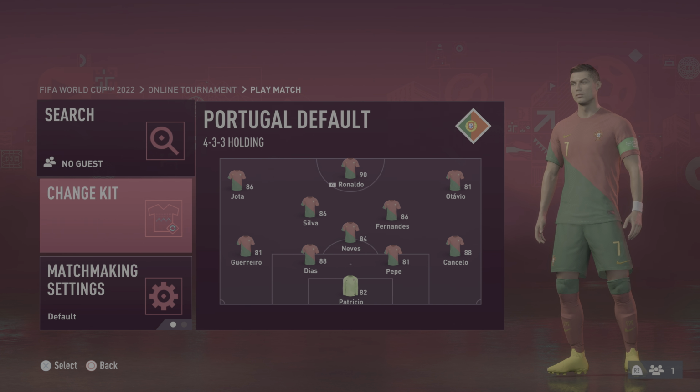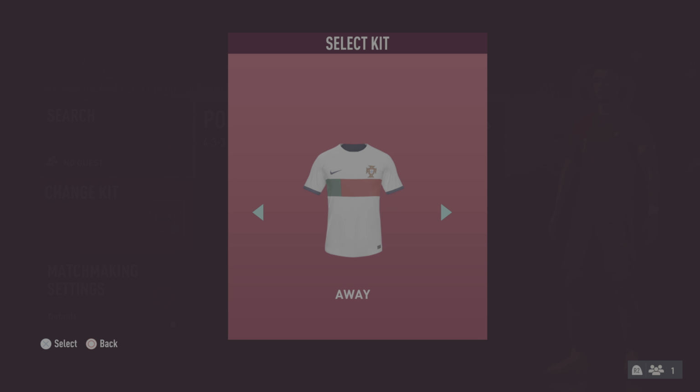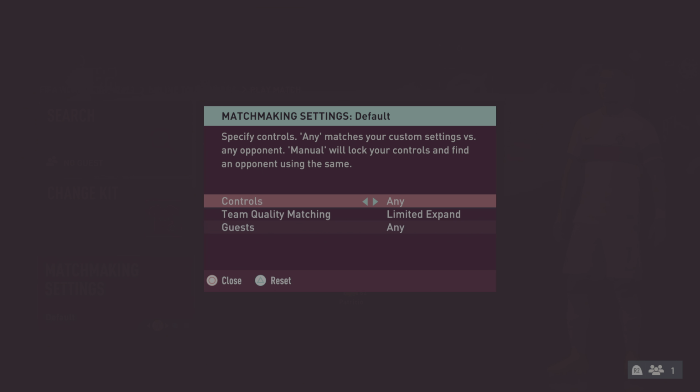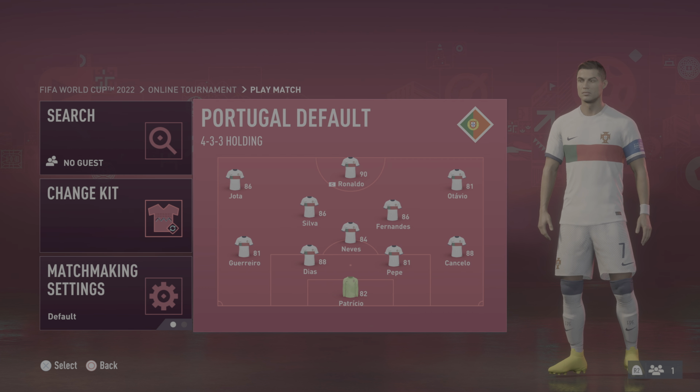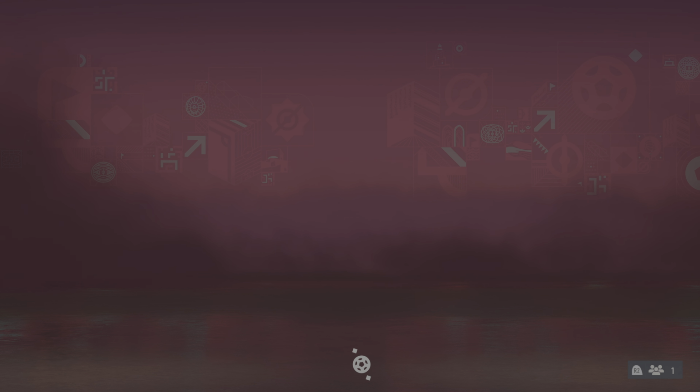And from this window, you can change the kit if you want to. You can adjust the matchmaking settings. You can go to the squad and edit the squad if you want to. And then once you're ready,